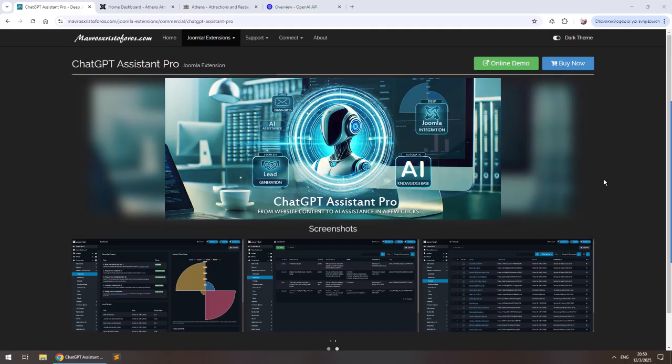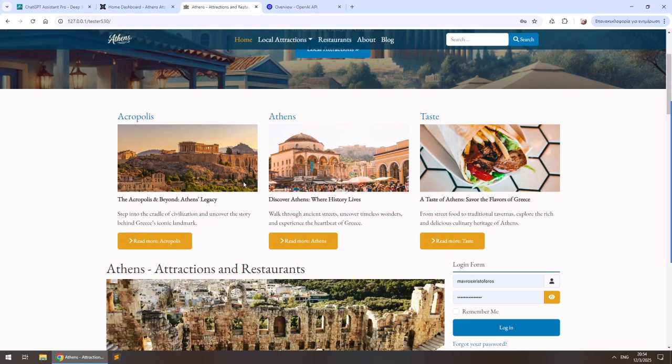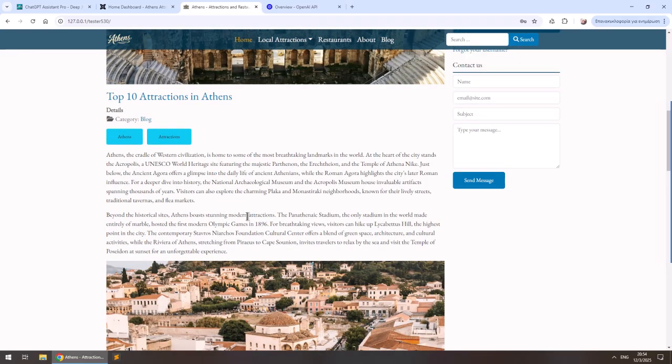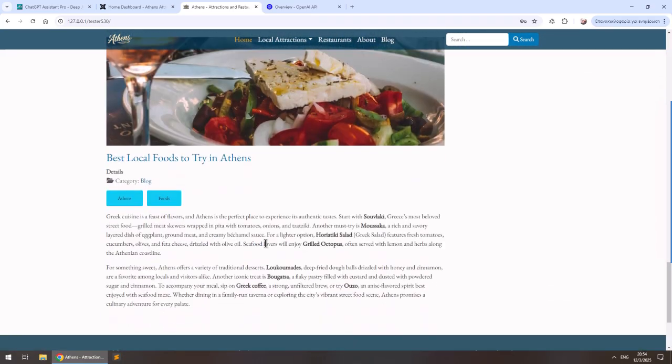My newest extension is called ChatGPT Assistant Pro and it's going to make a huge impact. I've created this website about Athens and let's imagine it's a local tourist website. It has a few articles about Athens and some attractions that we have here in Greece, some foods to try,